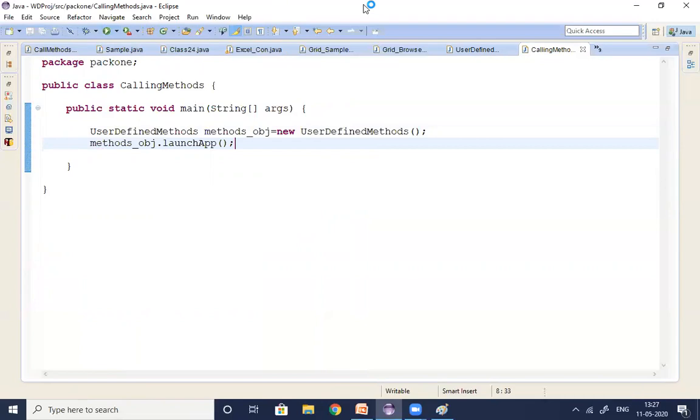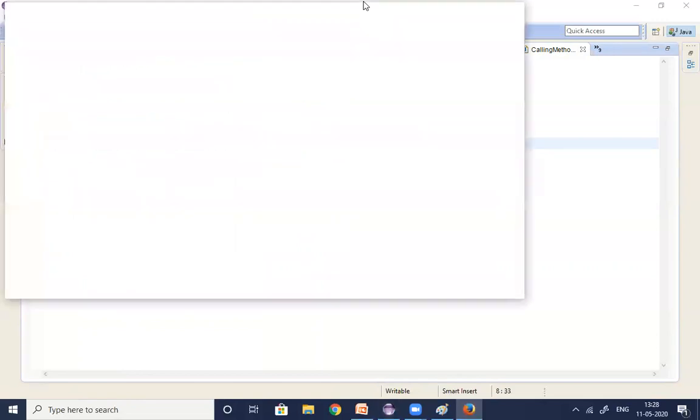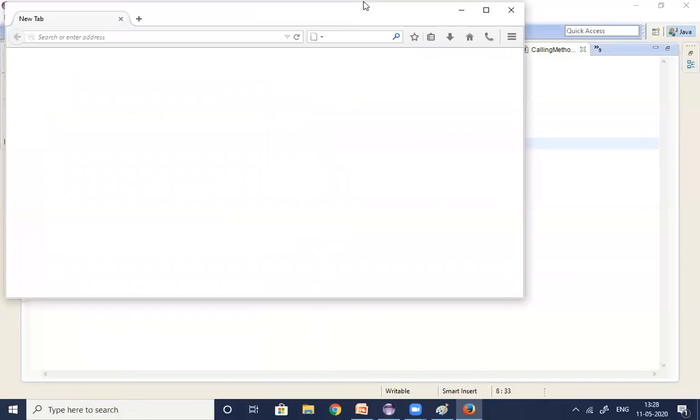See, when you run it, it will launch the Facebook application. Here, I'm not writing the code. I'm just calling the method. Not only for me, guys, this method can be used by any team member in the project. This is a very basic level method, but we have so many limitations in this method. So what is the limitation in this method, guys?